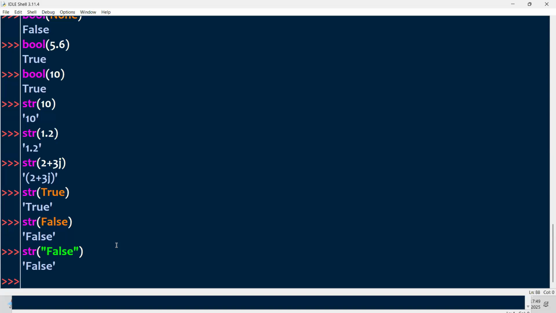Okay. So the string I pass to integer, float, complex, bool, and also... Tell me, is it boolean or what? Is it a boolean value now? It's a string, not a boolean. Because if you represent any sequence of characters in quotation marks, that is not a boolean. If you write it directly without any quotation, that is a boolean. But once you represent it using quotation, it is a string now. That's why we are able to convert a string only. That's why the answer is false, as it is. Okay? Right.